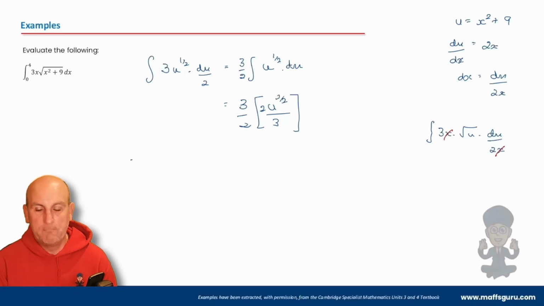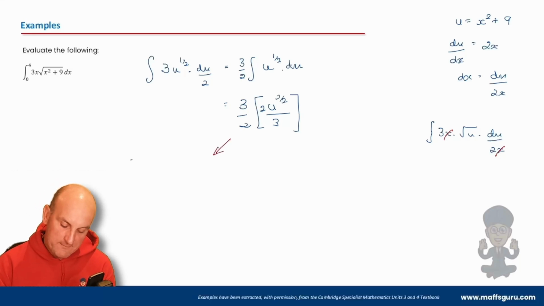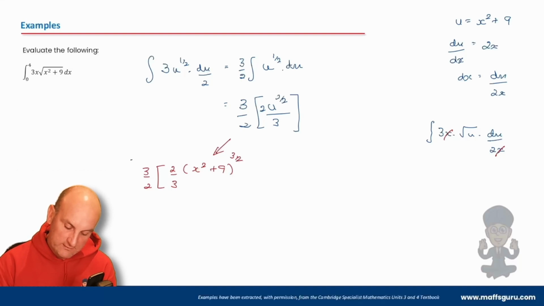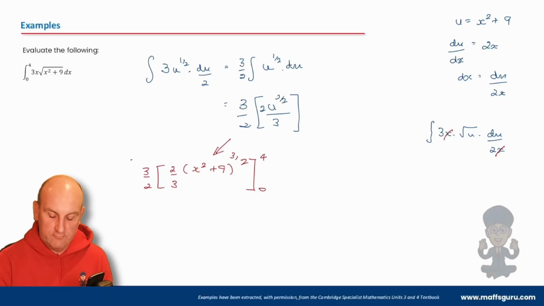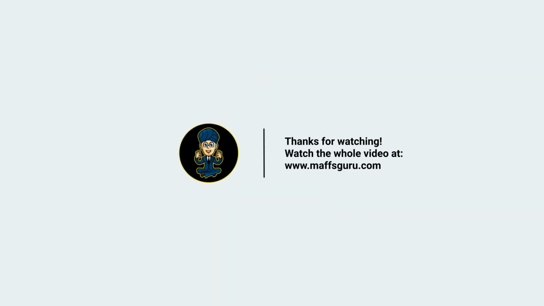Now again, I keep pausing here with the terminals. Why? Well, there are two ways of doing this question. I can now convert that back into 3 on 2 square brackets 2/3. U we decided was x squared plus 9 to the power of 3 on 2, all on, sorry, not all on 3 because I've done that, between my terminals of 0 and 4. That is certainly one way I can do it. And the reason I know it's got to be between 0 and 4 is because that's now in terms of x. I cannot put 0 and 4 here because these were my